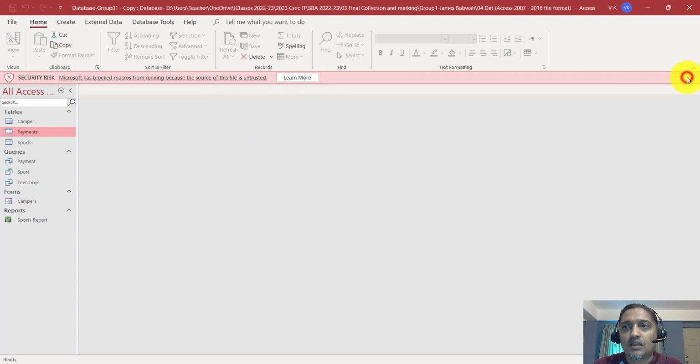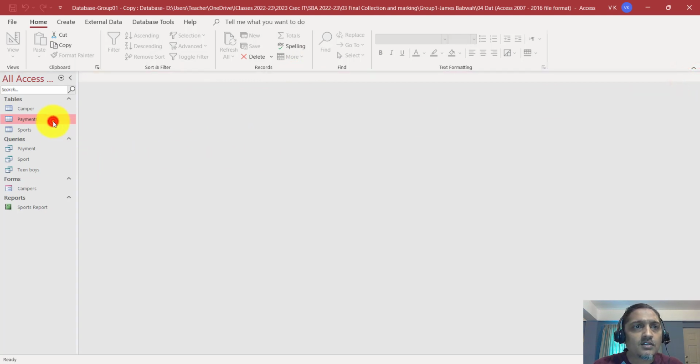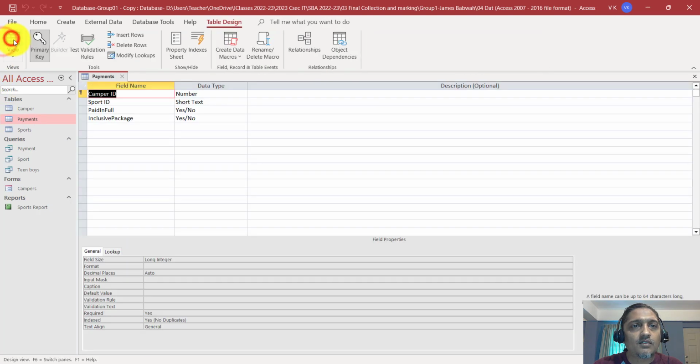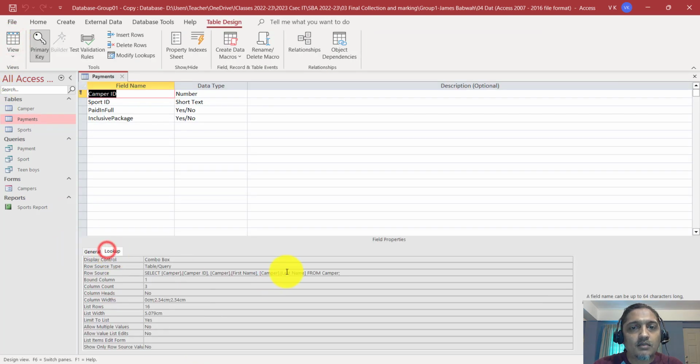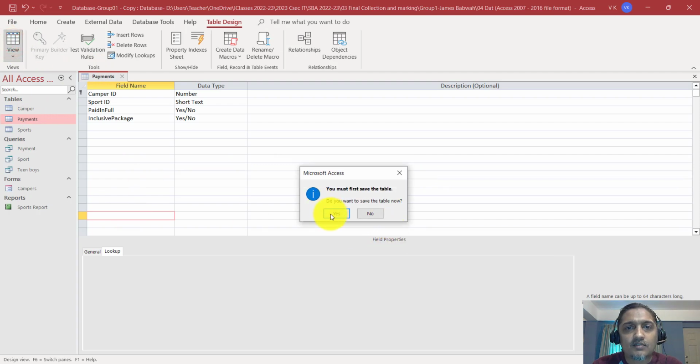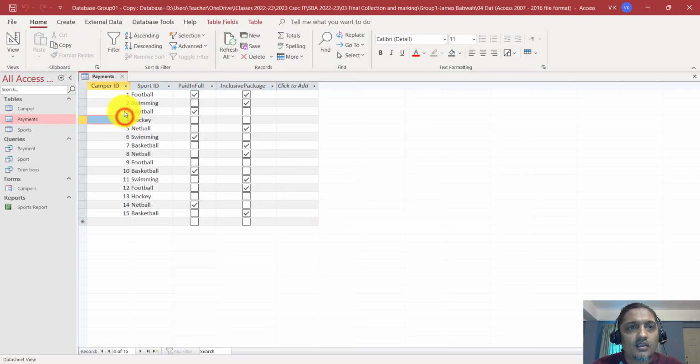Let me go ahead and go back to the payments table and see if that fix could work. Okay, should I just open the design view? Yes. And when I go on the lookup tab over here, I could take off this query. This is a SQL query. You don't have to know what that is, but it's something you're gonna come across if you ever do computer science. Save the table, and look, the lookup exists, just not showing any data, but we see the data associated with